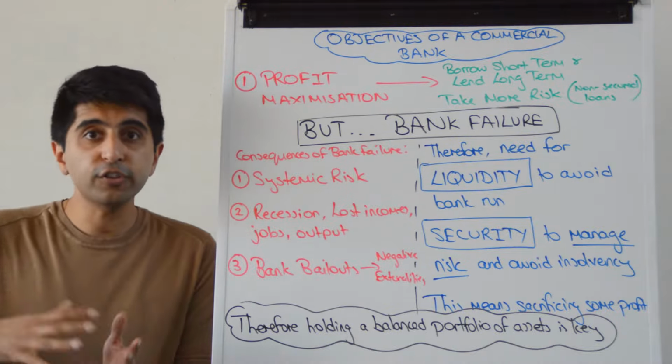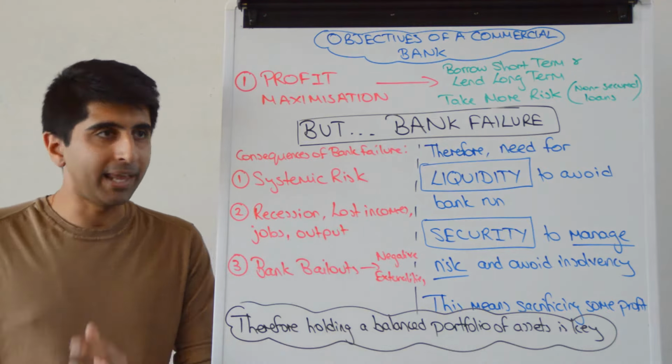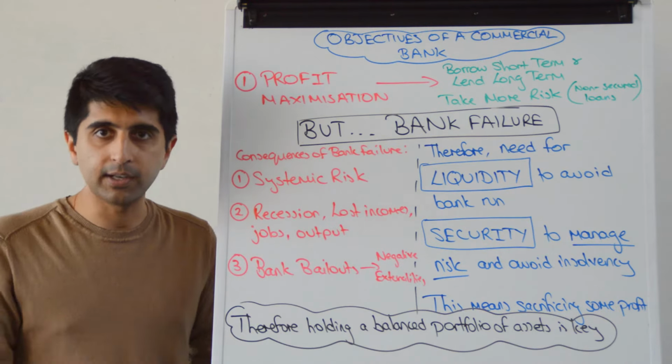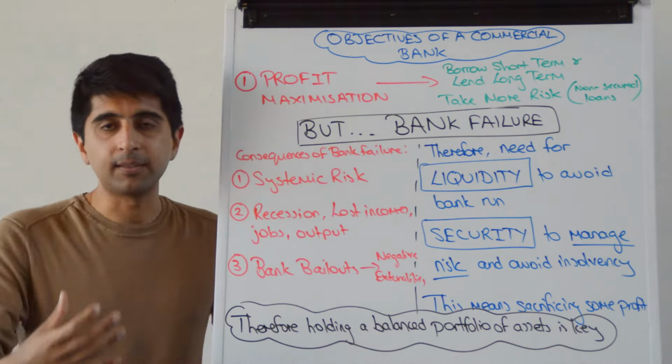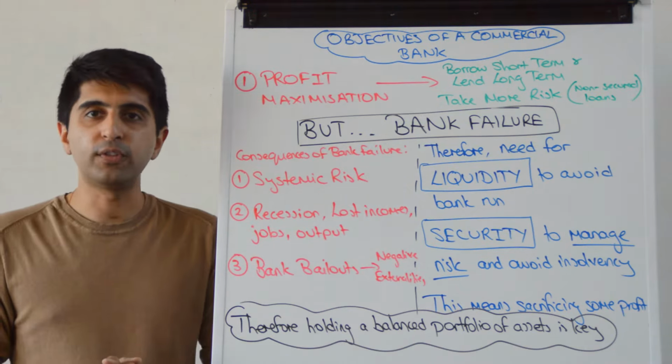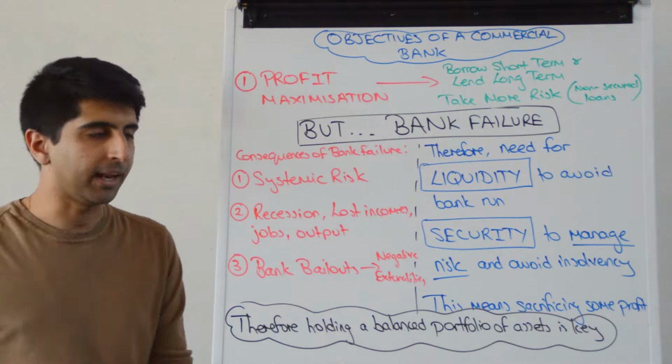And also there is the cost of bank bailouts, right? So the taxpayer having to bear the brunt of bank bailouts if the government, if the Bank of England decide that actually this bank can't fail. The taxpayer bears the brunt. I mean, look at what happened post-2008 and how the UK taxpayer is bearing the brunt of all these bank bailouts. Terrible news.